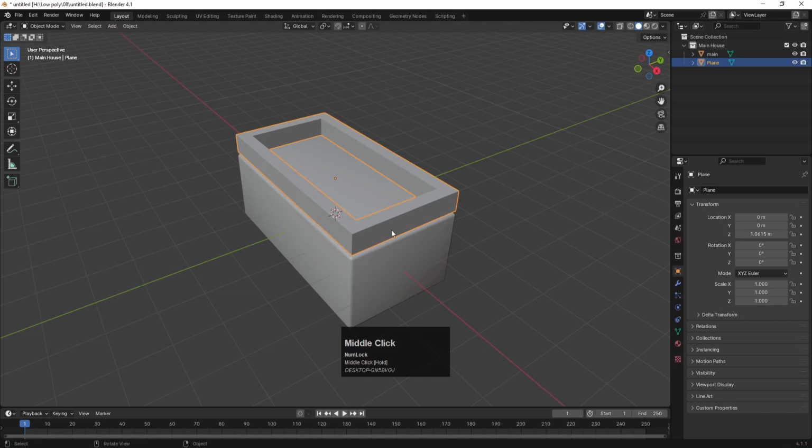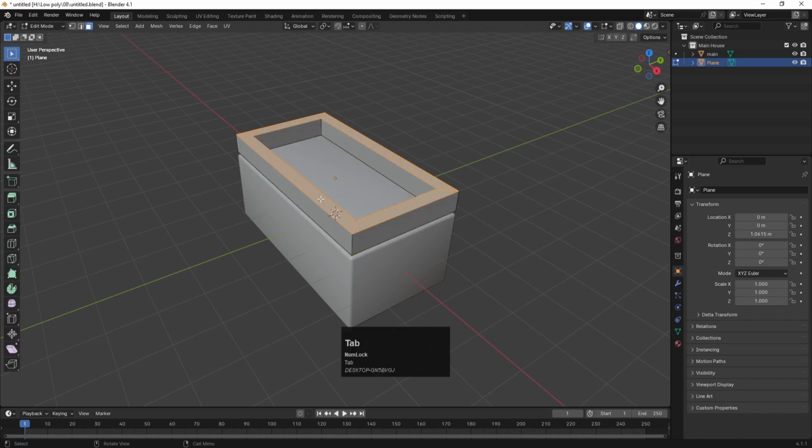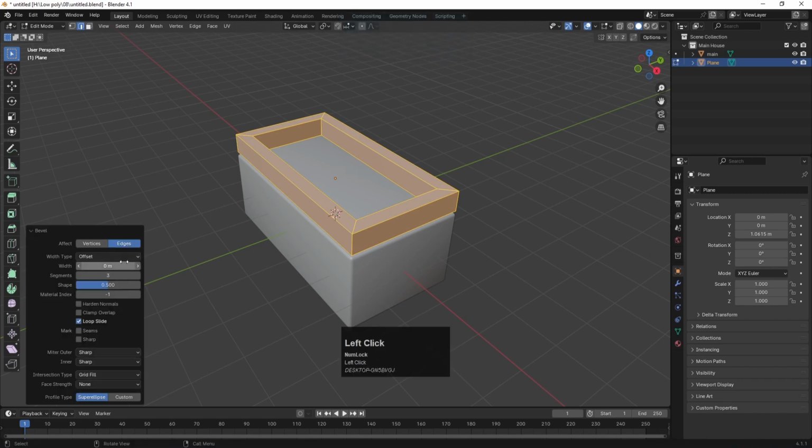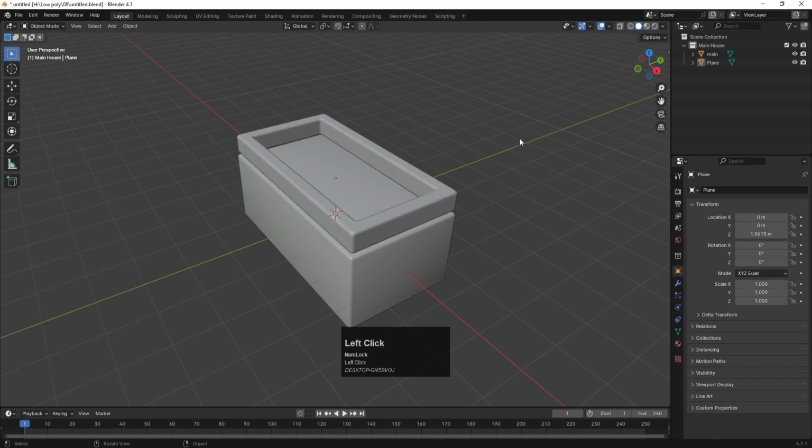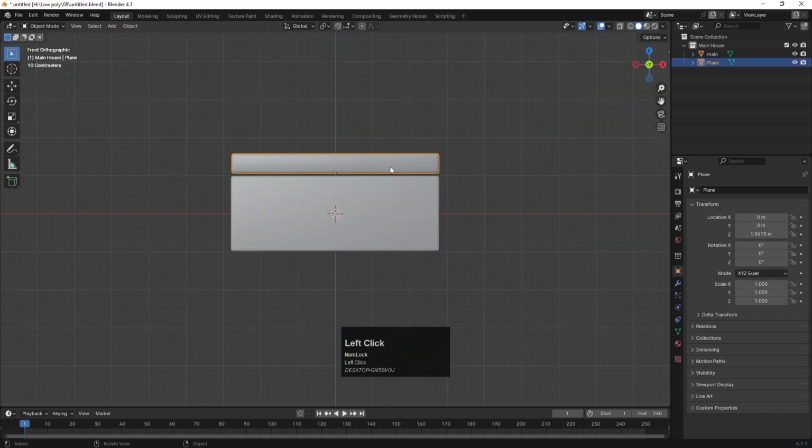Now I want some bevel over here, so for that press Tab and let's hit A to select all of this, press 2 to select all of these edges over here, and hit Control B and click on this, and let's increase the offset value somewhere around like this. Okay, and press Tab. Let's select this, right click and choose shade smooth, go to the front view, select this